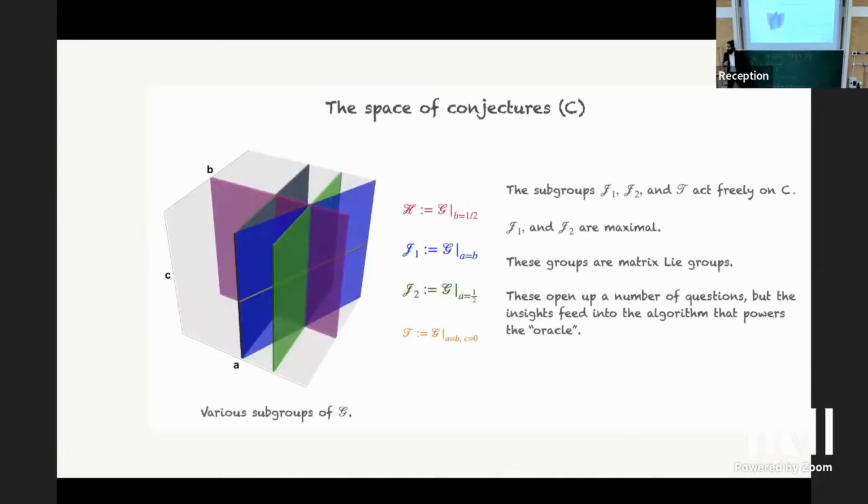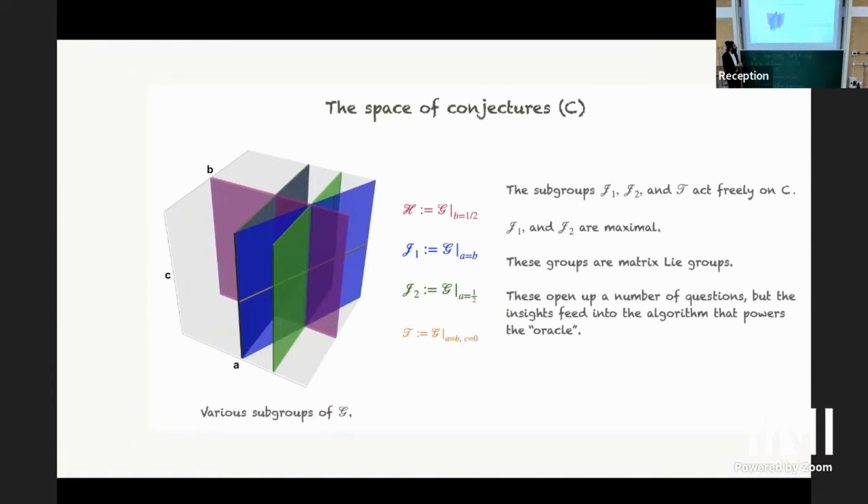Right. So we have identified some other subgroups of the space. Because the group is parameterized by three parameters, and we have shown in our work that it is a Lie group, and that the conjecture space and the space of relations are Banach manifolds with a sup norm. So using those parameters A, B, and C, here's a visual representation of various subgroups of the group represented here.